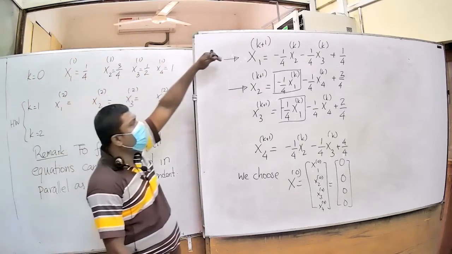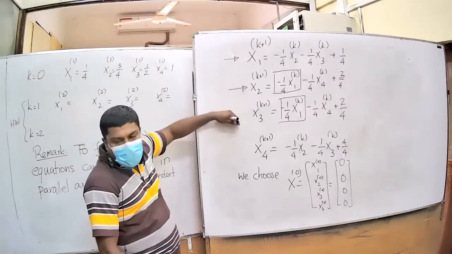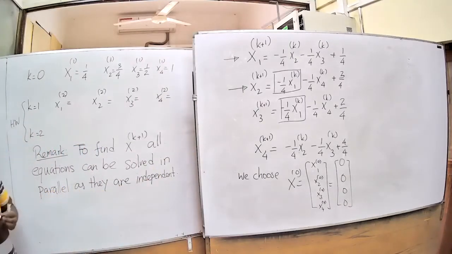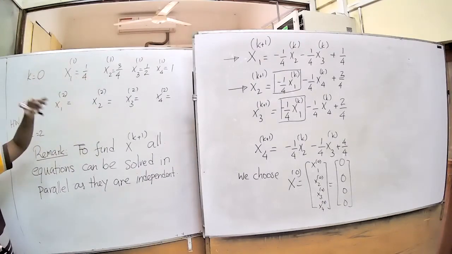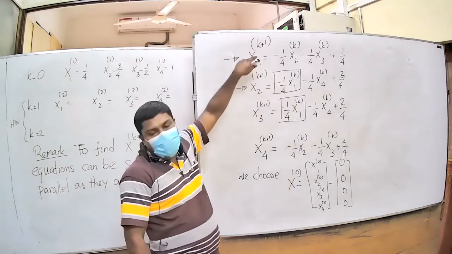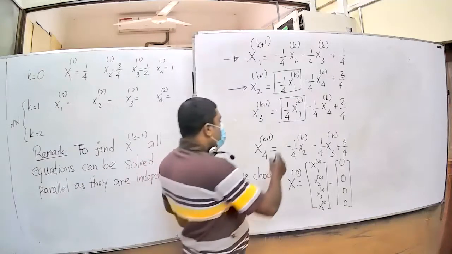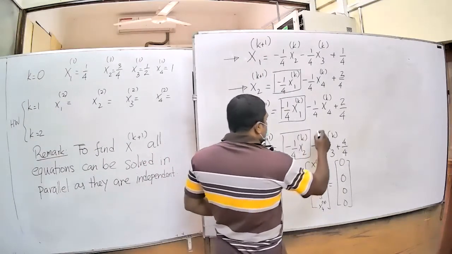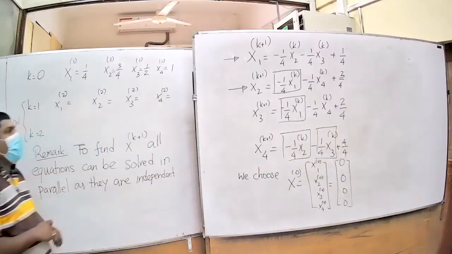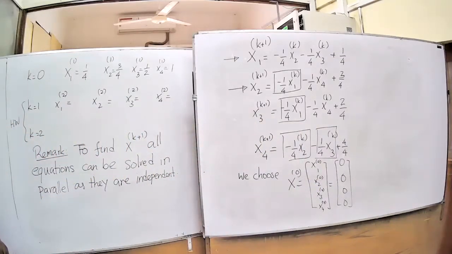If you choose to solve the equations one after another, then you can use them. If you solve all of them together, you cannot use it. But if you choose the first equation and then come to the second equation, you could have updated this value with this. Same here, same with this. Same here. Because of the previous part, you could have updated here. So let's see how that will work.